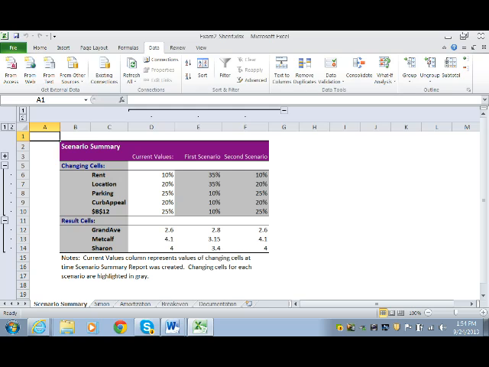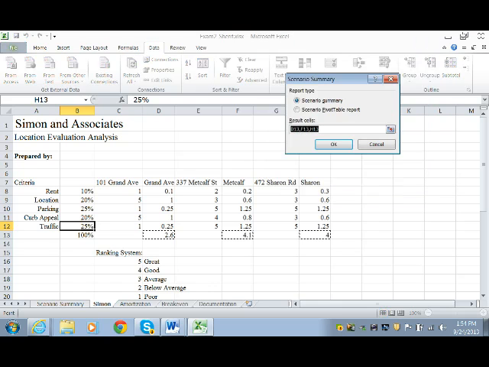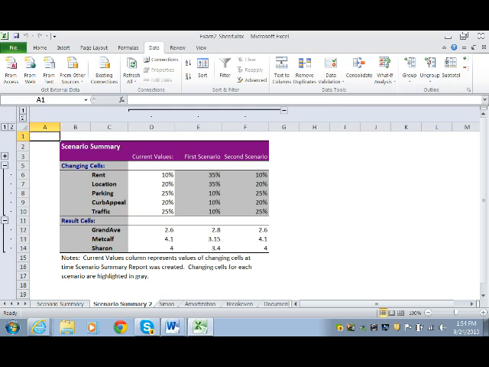So now see, you have rent, location, parking, curb appeal, and it seems like the last one did not change, but you have them for all. So all I need to do is go back to the assignment and make sure that traffic, see here, it's B12, I'm going to change it to traffic. And then run the scenario manager one more time. And now it's perfect. It has the rent, the location, the parking, curb appeal, traffic,